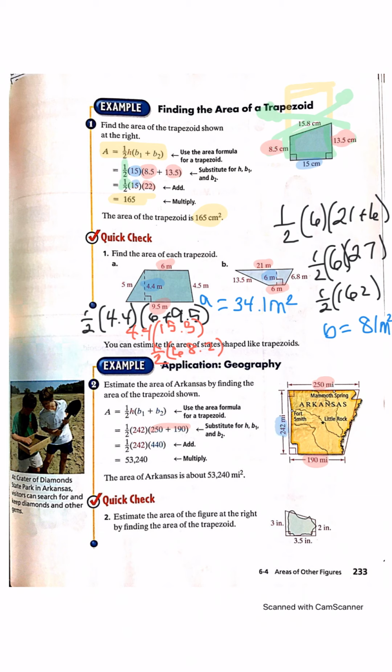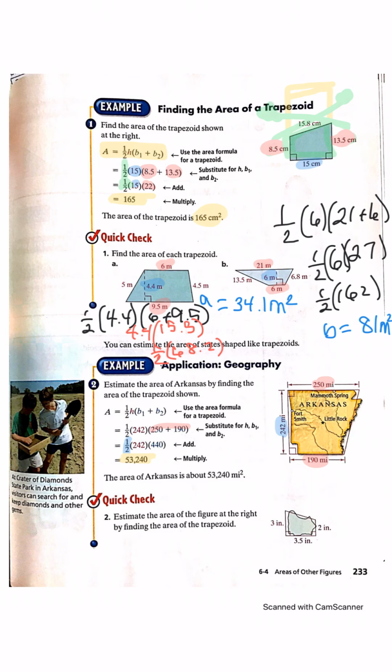When we get that total, we are then going to divide by 2, same thing as multiplying by 1/2. And our answer turns out to be 53,240